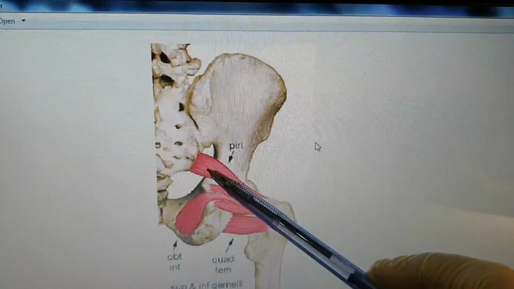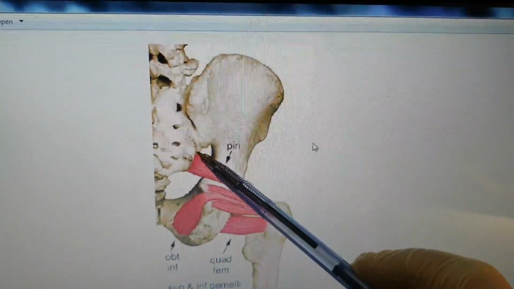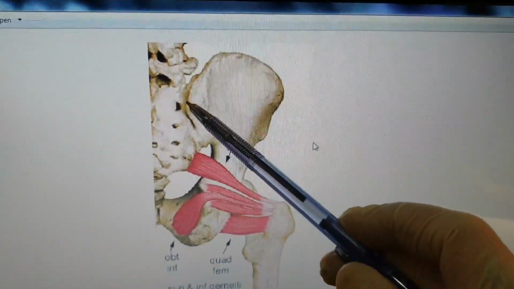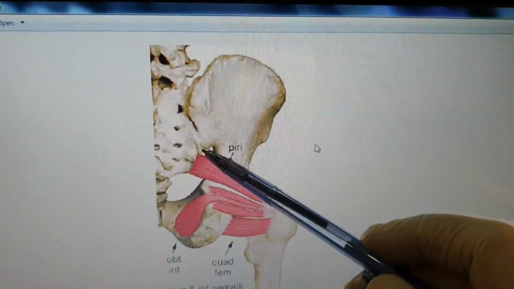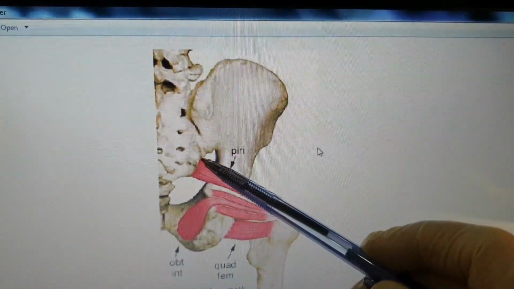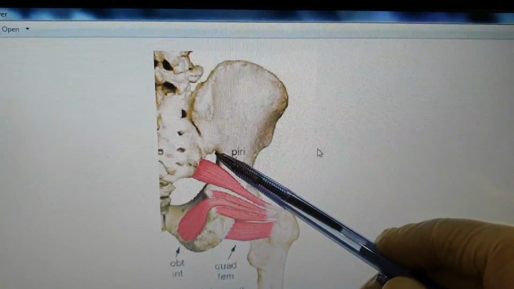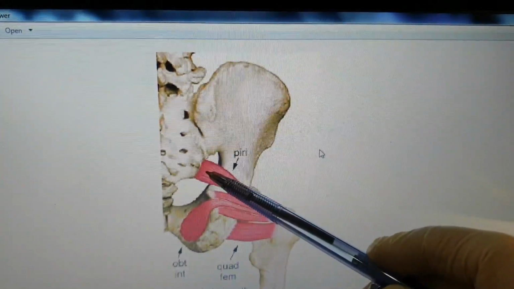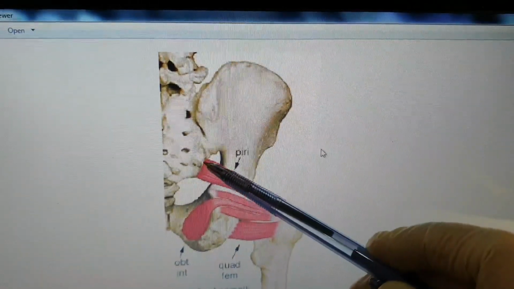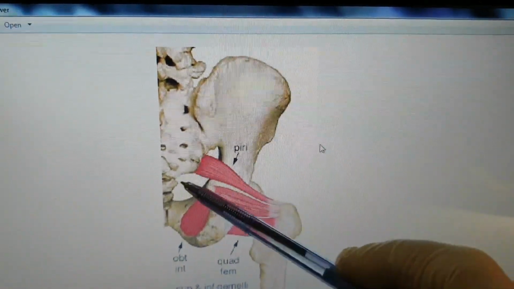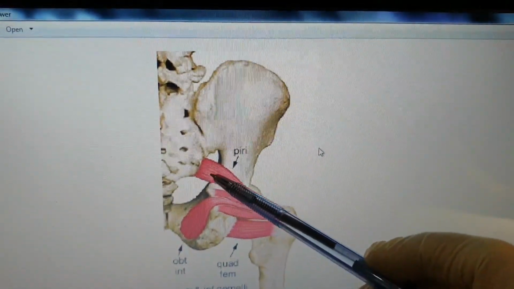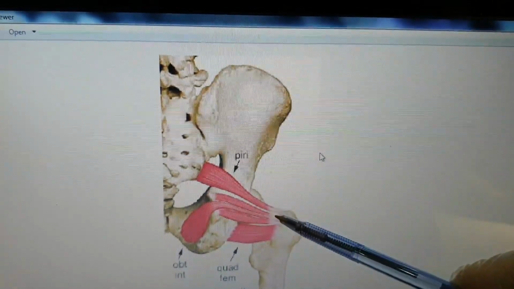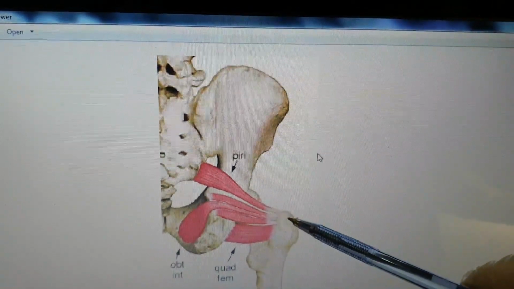The piriformis takes its origin from the posterior inferior iliac spine. This is the posterior superior iliac spine, and this portion is the posterior inferior iliac spine, and this is the pelvic surface of the ilium from where this muscle takes its origin, and the rest of the muscle, as I already told you, is coming from the sacrum. It will pass through the greater sciatic notch and will reach the greater trochanter of the femur and will get